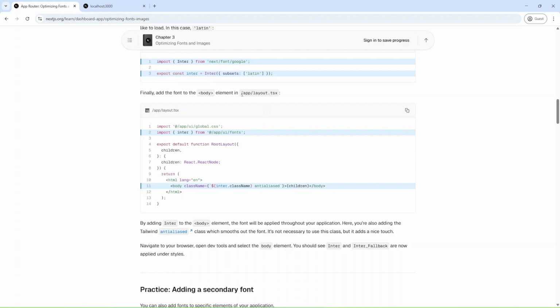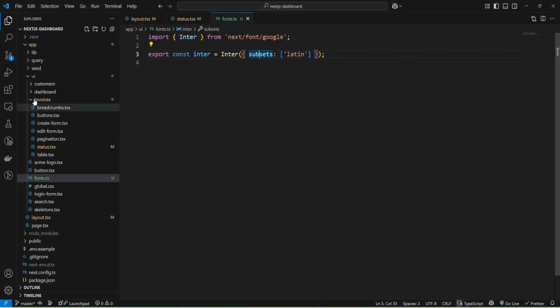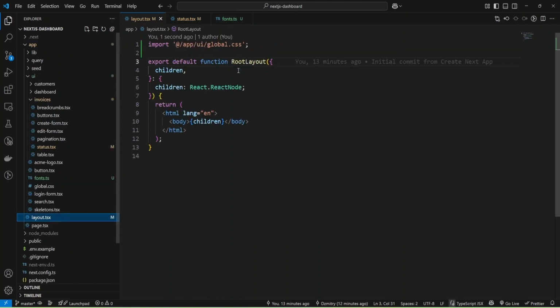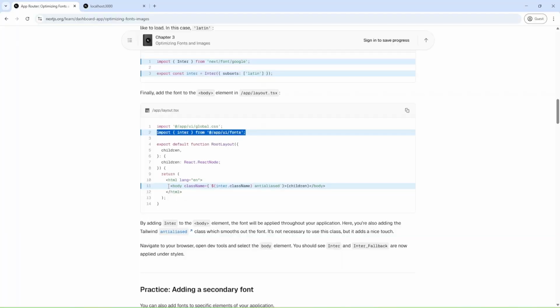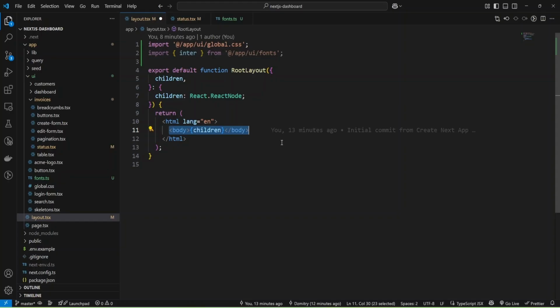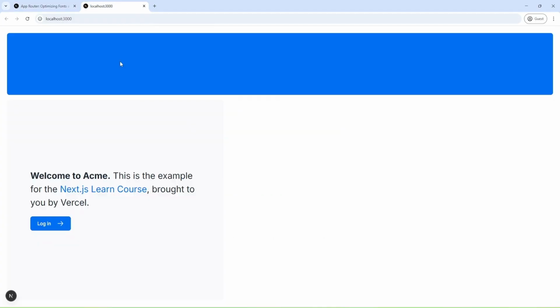And next, we need to add our font to the layout. And we have our layout inside app and layout. Okay, import. And then add it to body. Okay, let me save and check and refresh.